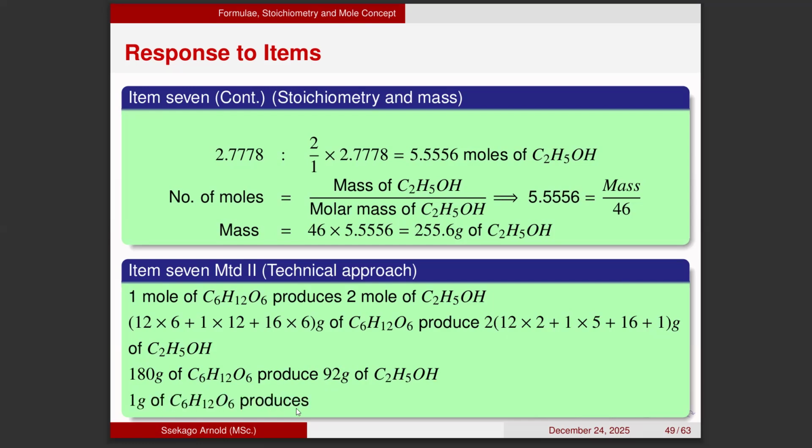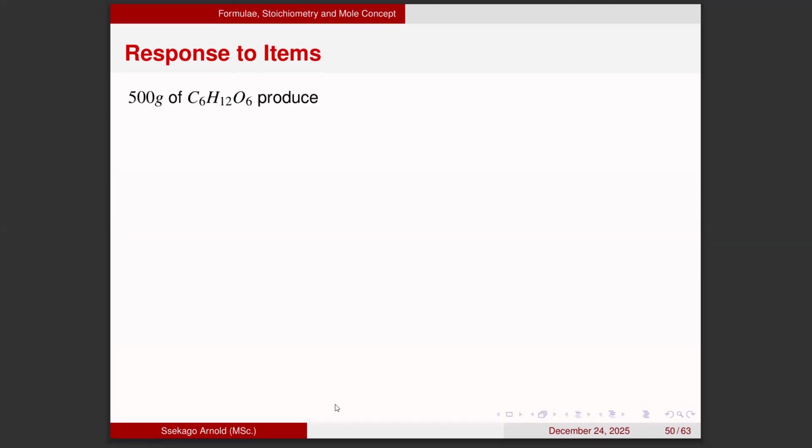What of 1 gram of glucose? 1 gram of glucose produces, if 180 produces 92, 1 gram will produce 92 over 180. Then what of the 500 grams in question? The 500 grams of glucose will produce 92